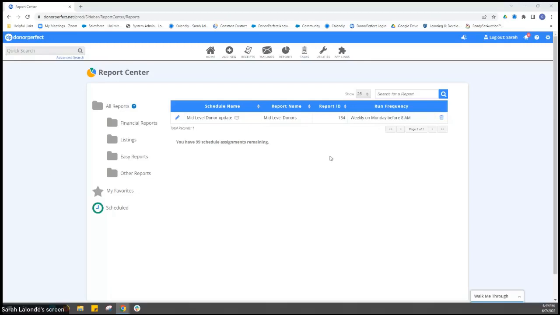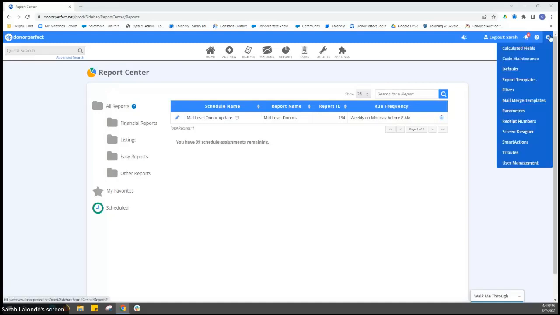Oh, the giving it. Let me get back to that giving and engagement profile, because I know that that question always comes up of how I can't find it. So those are fields that are part of every DonorPerfect system. They're calculated fields that are doing those calculations for year to date, last year, and so on for you. And if you can't find them, the best thing to do is go to the gear in the top right corner, go to Screen Designer,